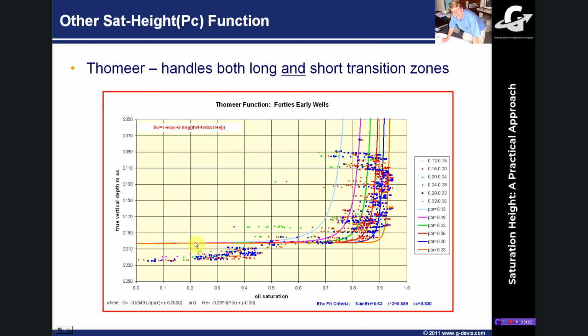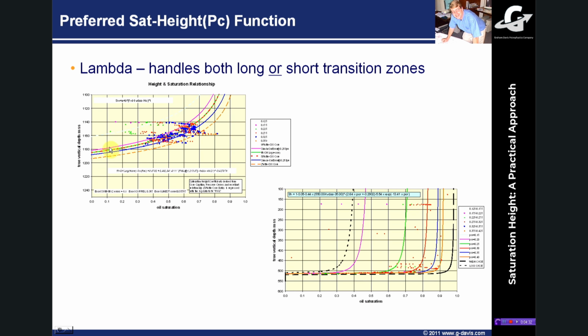For the purposes of this piece of work, I was just doing a quick analysis, and I just forced the free water level through here and fitted the majority of data in the oil leg. But if you remember this little bit of residual oil saturation there, later on in the presentation I'll show you some log overlays, and you'll see the impact of that on some of the later fitting. But anyway, the point I was trying to emphasize here is that the Tamir function is quite a nice looking function in that it has this varying degree of curvature, whereas the lambda function is either long and lazy, all the curves are long and lazy, or all the curves have a similar curvature and they're all quite tight and sharp.